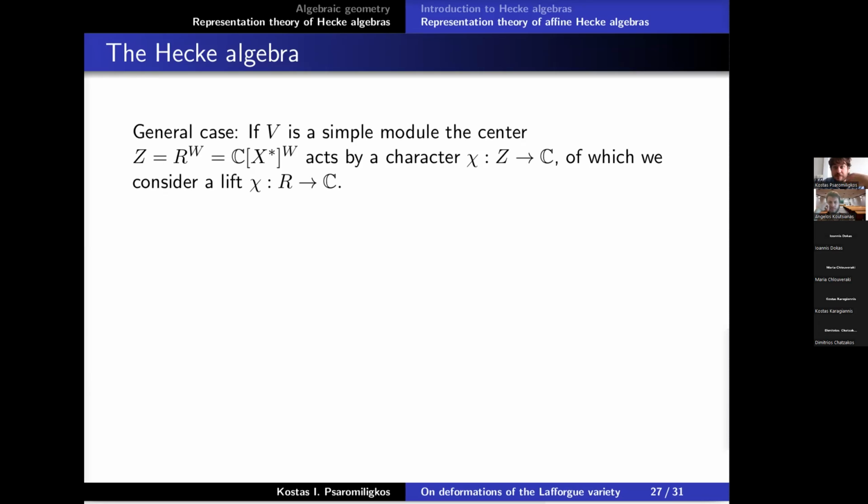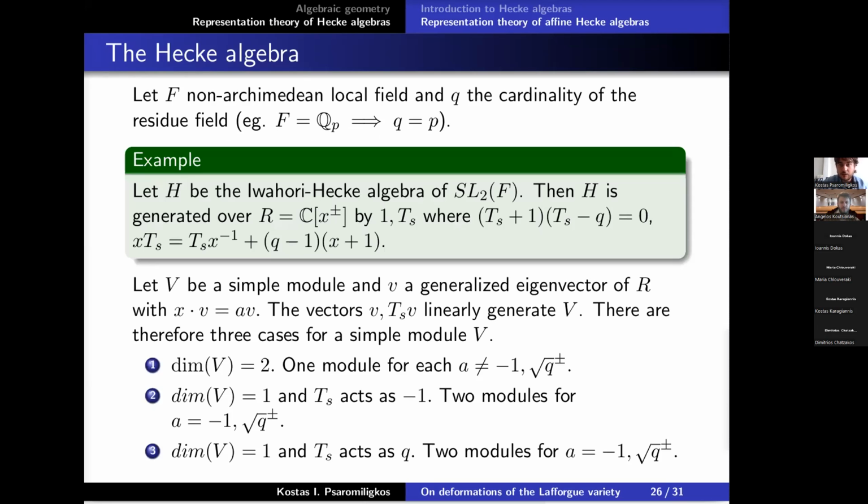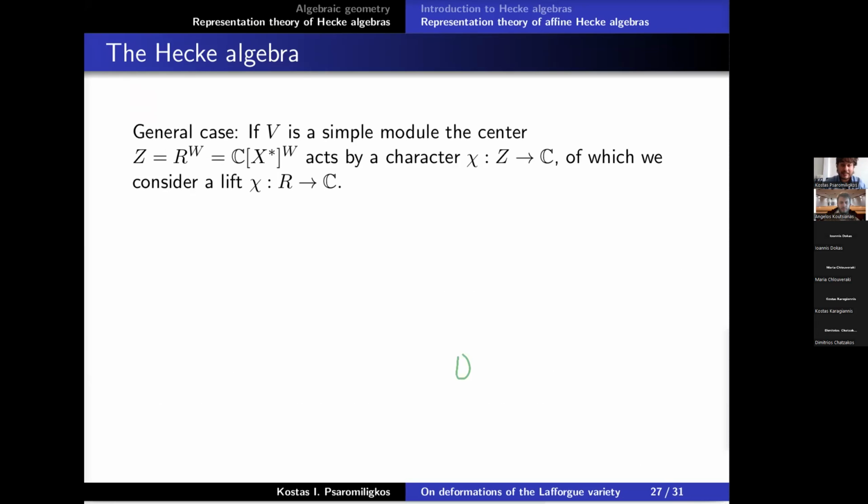Okay, as you saw, even for SL2, we get a lot of modules. It's not some finite thing. But if you specify a central character, then you don't get that many modules. Like if you specify A, you have finitely many modules. In general, if you fix the central character, the character via which the center acts,